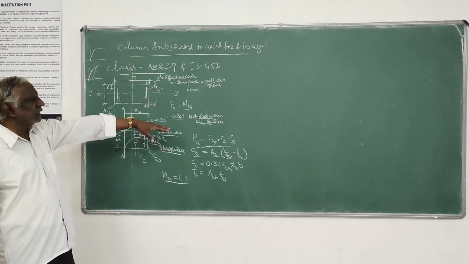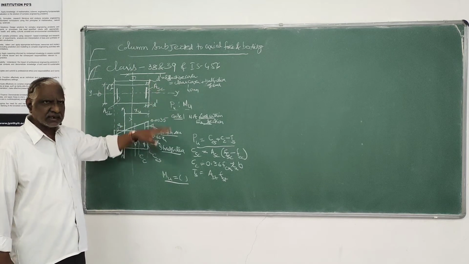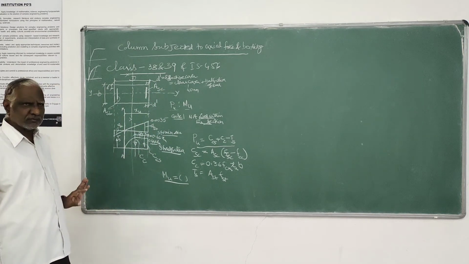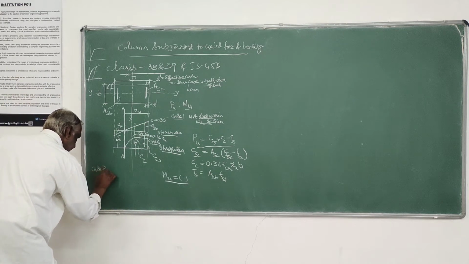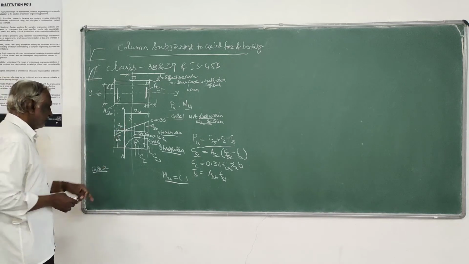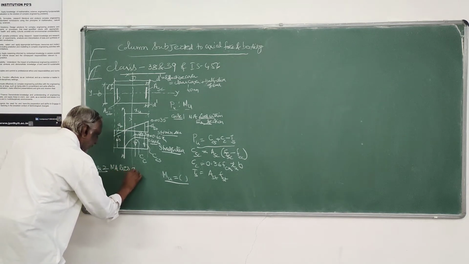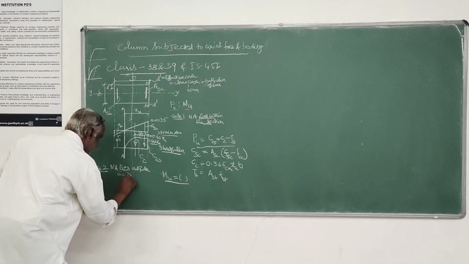So this is the procedure for calculating PU and MU for a given section, given reinforcement, on account of the moment and on account of the external load given. That capacity, what is the moment developed, you can work out. Similarly, in case 2 also, that is the major case in our dealing with the design of columns, that is when the neutral axis lies outside the section, outside the section.